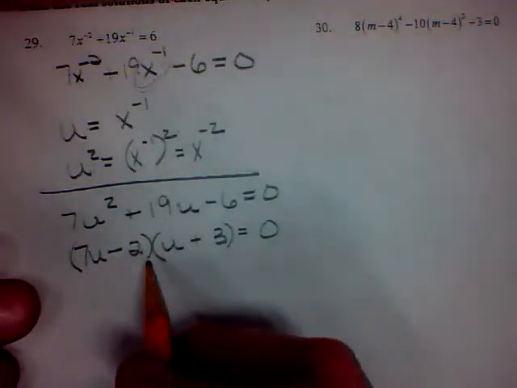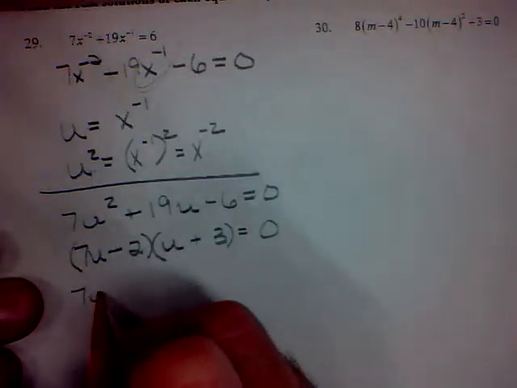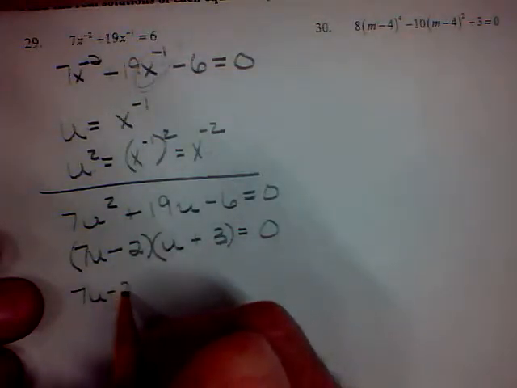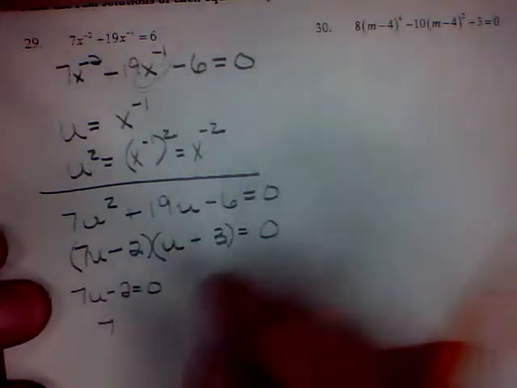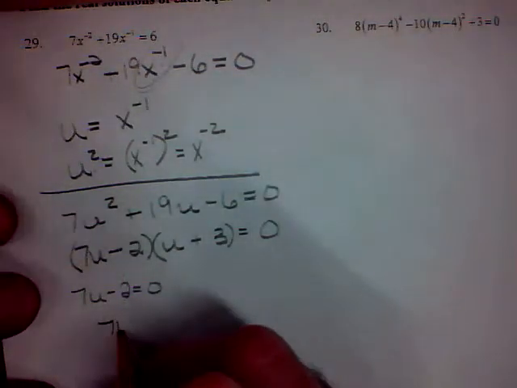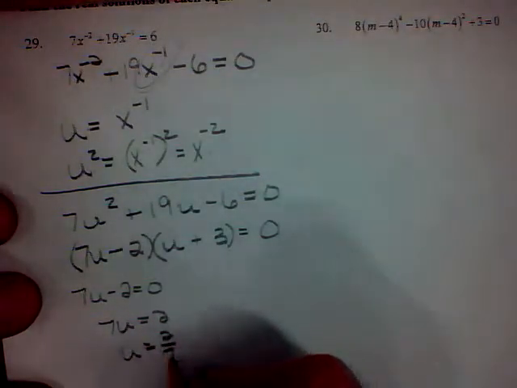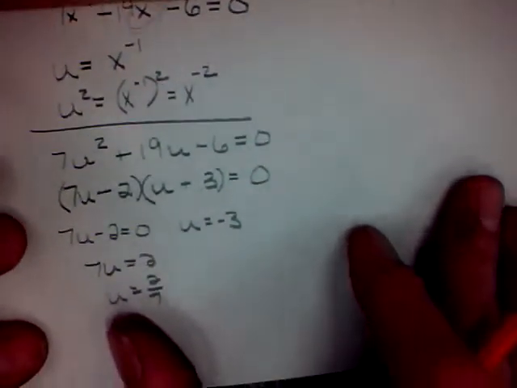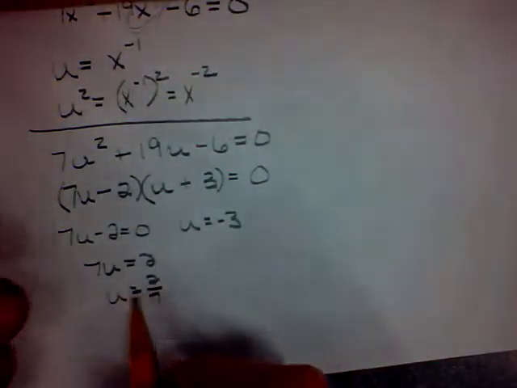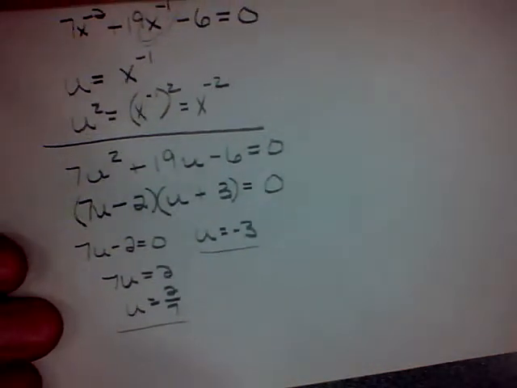So now that we've got it factored, we can set each of these equal to 0. So 7u minus 2 equals 0. Well, let's just work it out. 7u equals 2, so u equals 2 sevenths. And then over here, u obviously equals negative 3. Okay. So these are your values of u, which are not your final answers on this question because we know